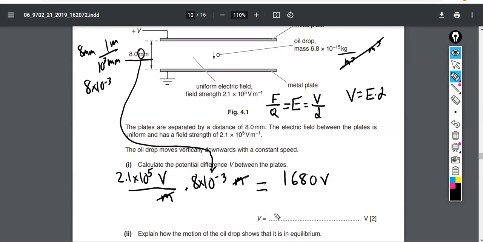Now, how many people would write 1,680 on this line right here? Nobody. Good. Also, a few people are like, yeah, I would. That seems pretty good to me. That's what I get on my calculator. Think about 8.0, not 8.00, but 8.0. Well, that's the same thing as 8. Why that 0.0? They're saying we know it to that sort of precision, to that level of significance. So an even better answer than 1680 is